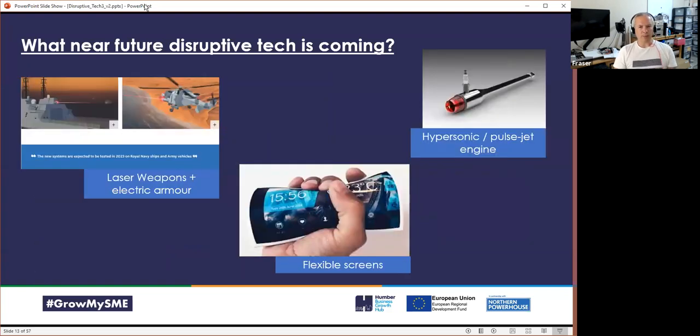What else? So briefly, quickly on this slide, we're going to get a lot of military things, which are probably less interesting to you. We're seeing already flexible screens. Samsung have got a number of flip phones which have just started to move that to the consumer domain. And I'm pretty sure we're going to see some innovations, maybe not public yet, about high-speed engines. PulseJet is the one to look out for. Hypersonic travel, I suspect, will be back on the cards before you know it.